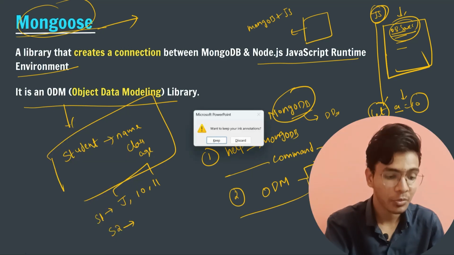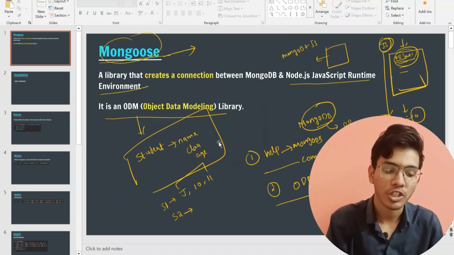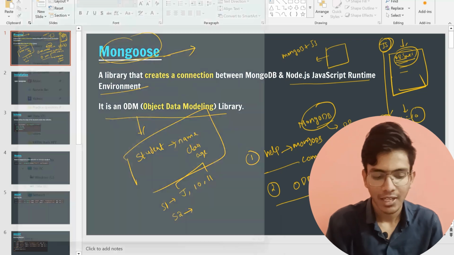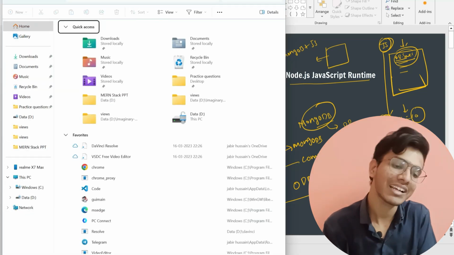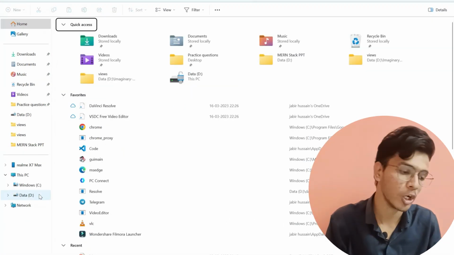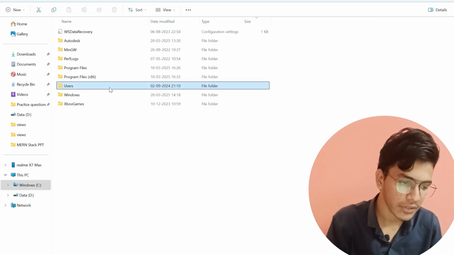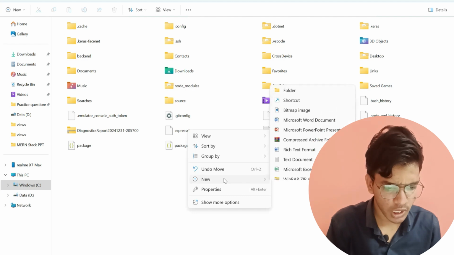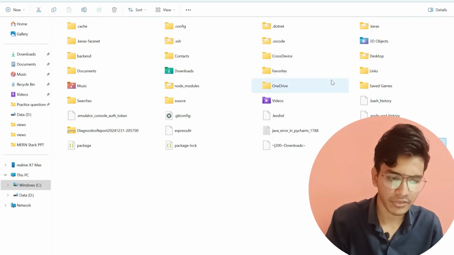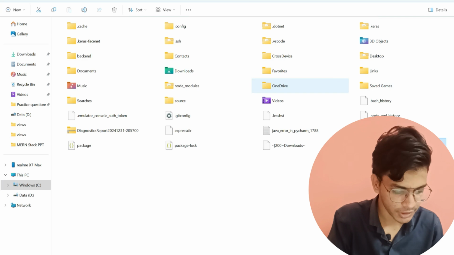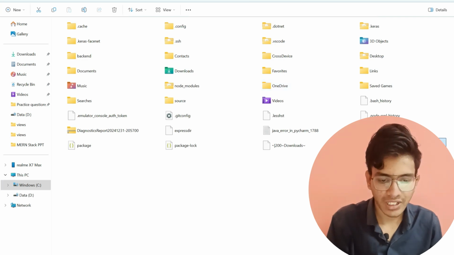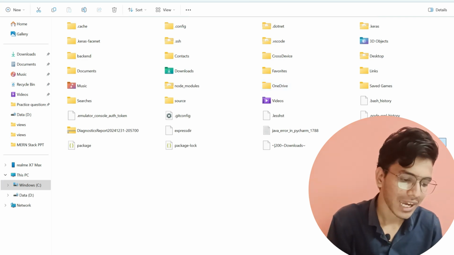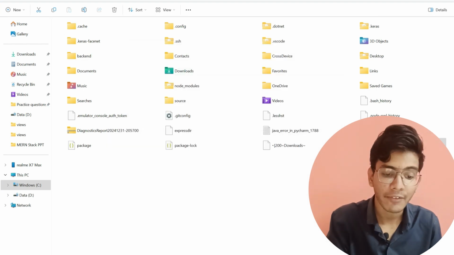So to use Mongoose, it is an npm package. So here what I'm gonna do is that in my files, first of all I will create a folder. Let's say in my C drive, Users and Daja, here I will create a new folder. Let's say Mongoose is my folder name. So Mongoose. Okay, now after creating this Mongoose folder, I will open my VS Code and I will open this